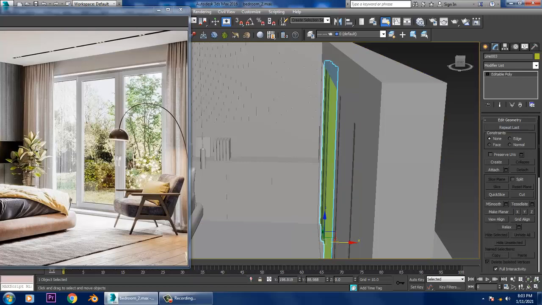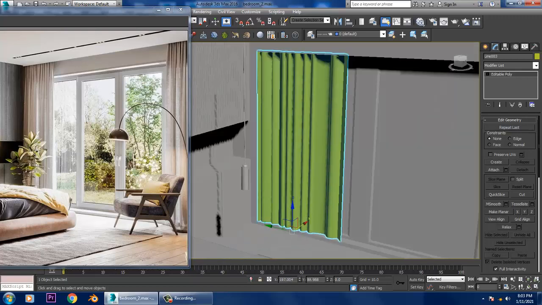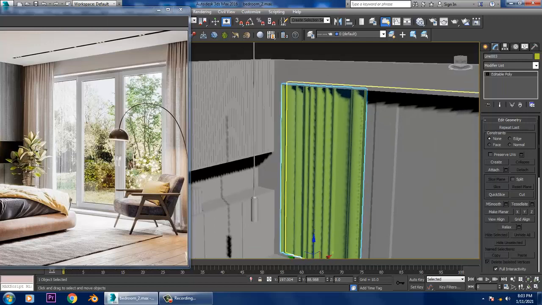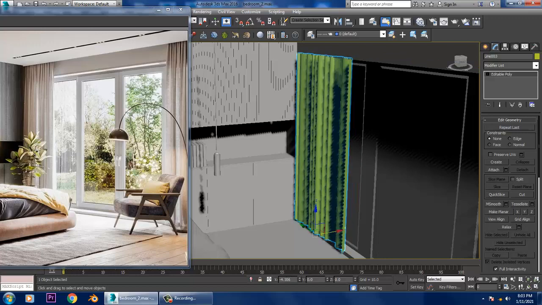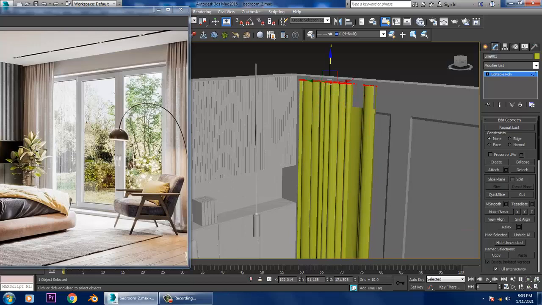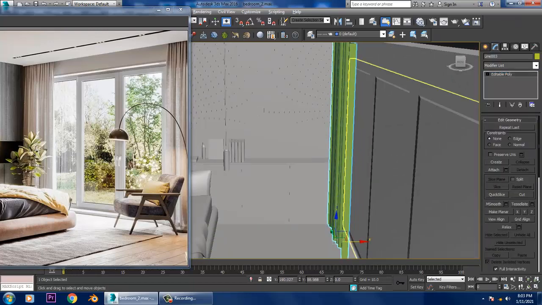Again, I will slightly push this out. I'll slightly push this out over here and we'll be pushing it up. Definitely we will be getting the roof over here. We'll be creating that afterwards.